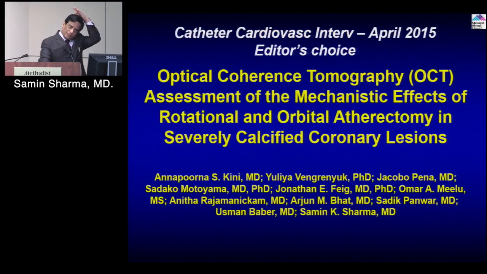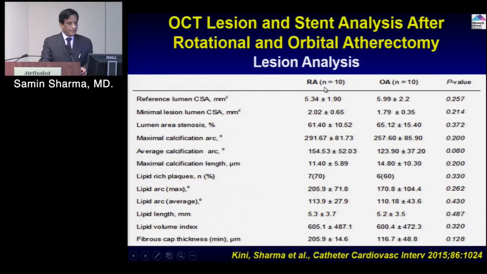So people ask, of these two techniques, which one is better, orbital or rotational atherectomy? There's no comparative data. We have sent our data for publication. The problem is that we do 80% rota and 20% orbital, so we are getting some more experience with orbital atherectomy. So there is no randomized comparison, but we did publish one mechanistic trial of 20 patients with OCT,